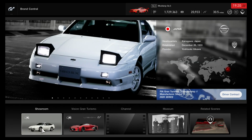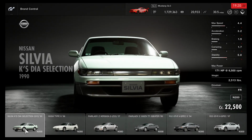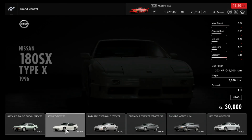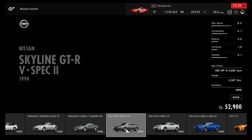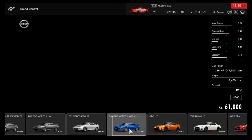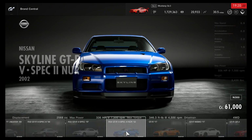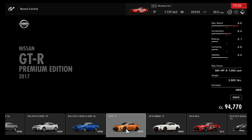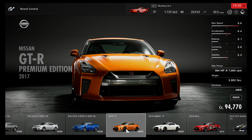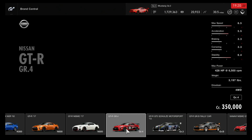Moving over to Nissan. Nissan, we've got some really good looking cars and then some average cars. So if you're into the average cars, well, they've got some really nice average cars, but really nothing up until you get to the GTRs. And this is the GTR. 336 horsepower. Going over to a newer GTR, going up to 564 horsepower, 591 horsepower, and now we're getting into